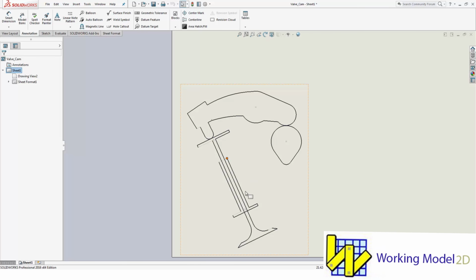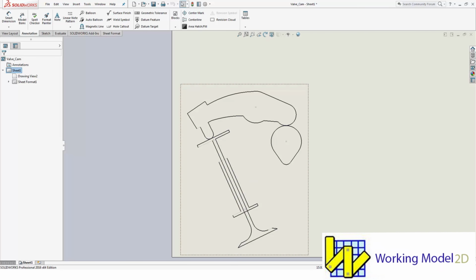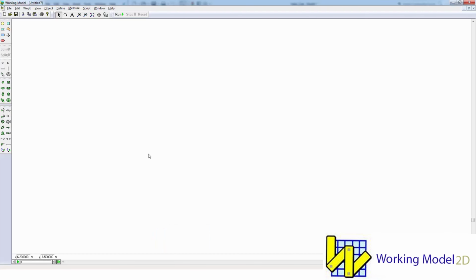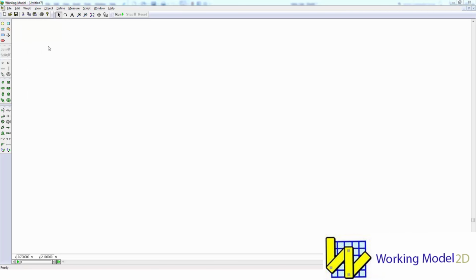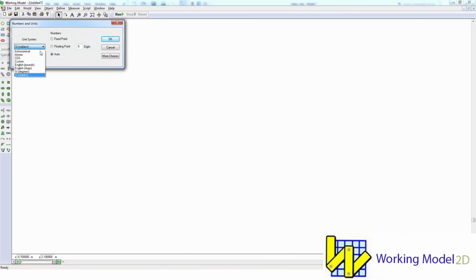So we can save the DXF. I've already done that, so I'm going to toggle over to Working Model. And before we read in the DXF geometry, it's important that we set the units so they coincide with the units that were drawn with the SOLIDWORKS drawing. So we can click on View, Numbers and Units, and we can set the units here.